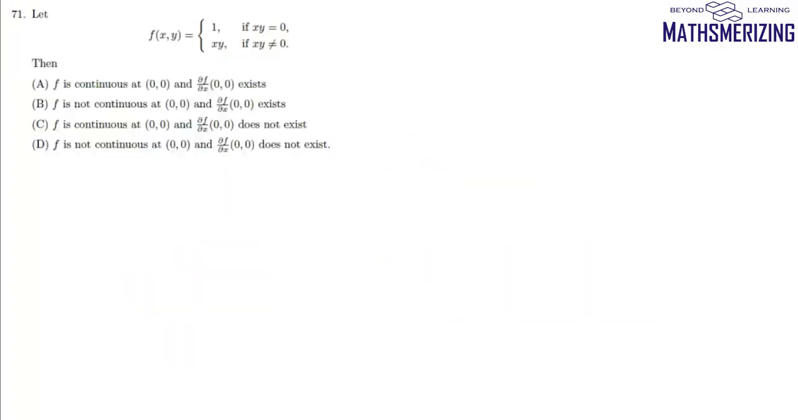Now question number 71 is, again we are given a function in 2 variables and we have to find its continuity and its partial derivative with respect to x. Now we'll find this limit as (x, y) tends to (0, 0). So it'll be this xy. Now we'll put xy as 0, this is 0. So this limiting value is 0, which is not equal to f(0, 0), which is given as 1. So this function is not continuous